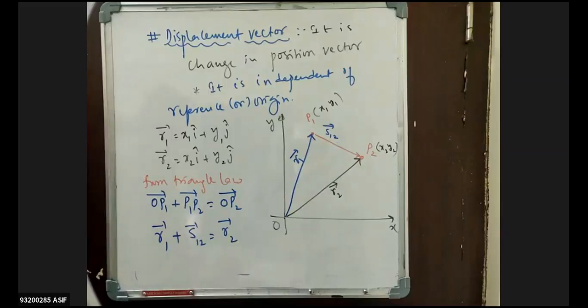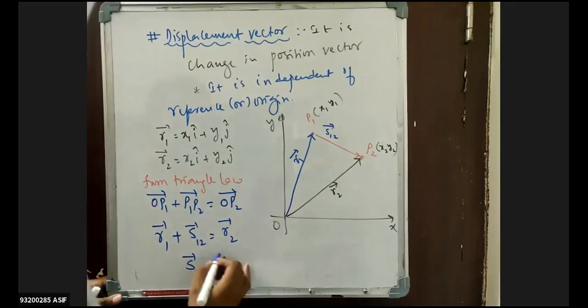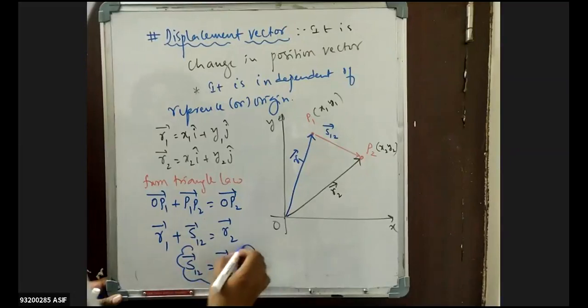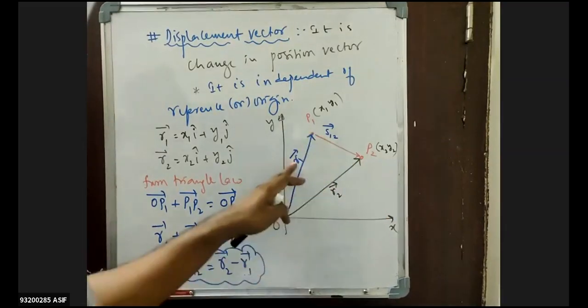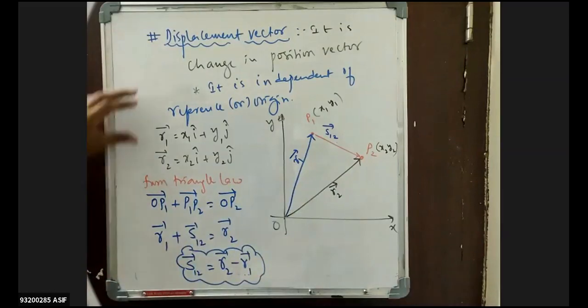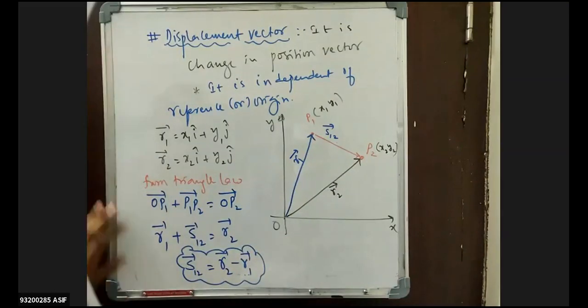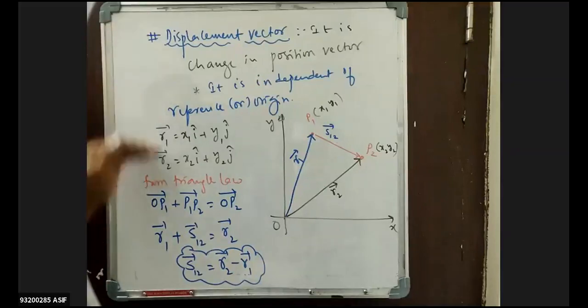So what is the position vector, beta? S of 1 to 2 will be equal to R2 bar minus R1 bar. So this is your position vector. Position vector is nothing but final point minus initial point. That means final position vector minus initial position vector. This one I have done in detail to give you clarity. But in the coming parts, you can neglect all this. The displacement vector you can directly write as R2 minus R1.